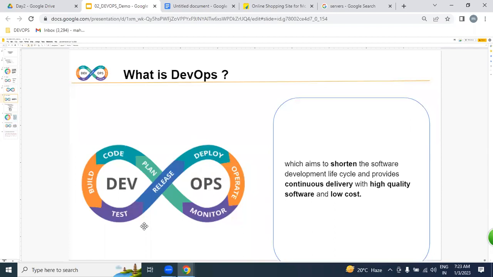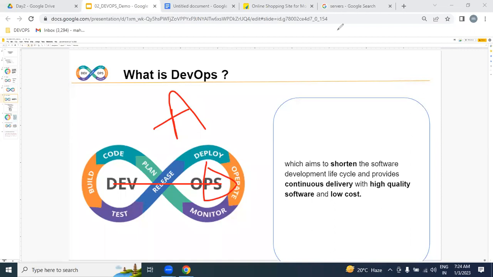By using this DevOps process, we deliver working software into our production service. After the developer successfully writes the code, that code is delivered into production with an automated process.